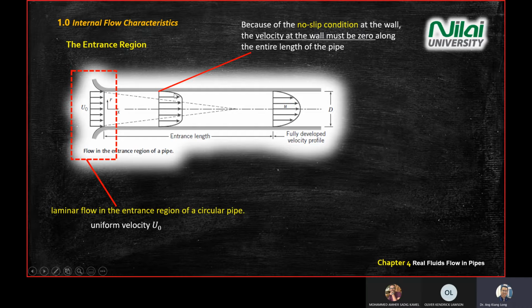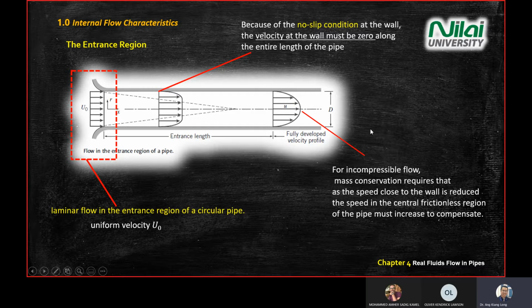And to get this profile where the velocity at the wall here is 0, we assume that we have a no slip condition at the wall, but in reality there is a slip condition. But for theoretical, mathematical derivation, we assume that we don't have a slip condition, so that we have a 0 velocity at the wall there. And then for incompressible flow,